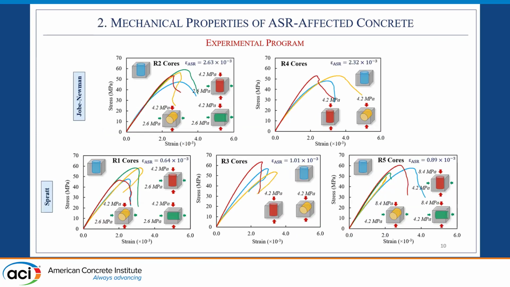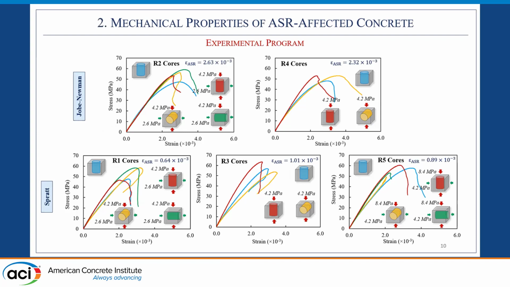So here are some of the results from the compression test. The top 2 plots are for the Job-Newman casts, and the bottom 3 plots are for the Spratt casts. We can see here clear pictures of the anisotropy in the behavior. For example, if we look at the bottom left plot of the R1 cores, we can see that along the